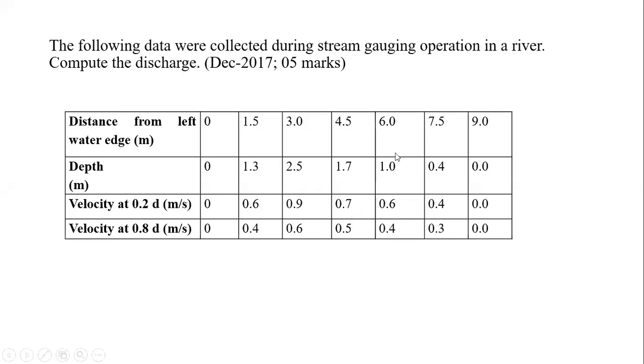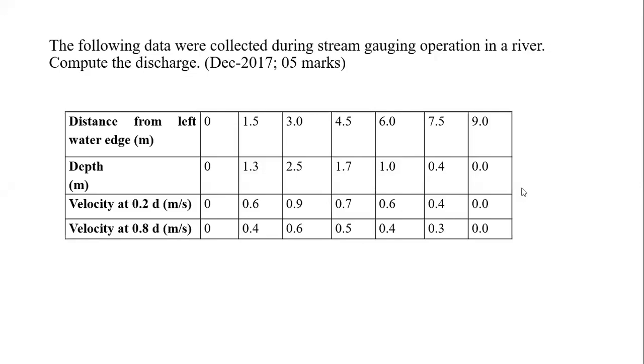Likewise, they have given the data of the measured velocities, and it has been asked to calculate the discharge. It means that here the number of calculations will be less, but it will be required to average the velocity, isn't it? So how do we get the average velocity? Generally, we get the average velocity as the velocity at 0.2d plus velocity at 0.8d upon 2. Okay, that we'll see in the next part, in the next slide.